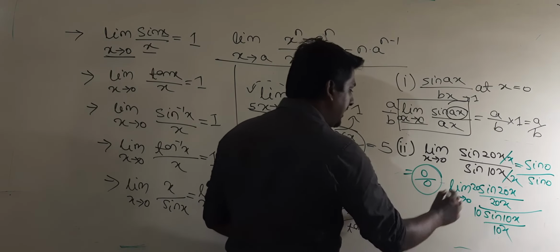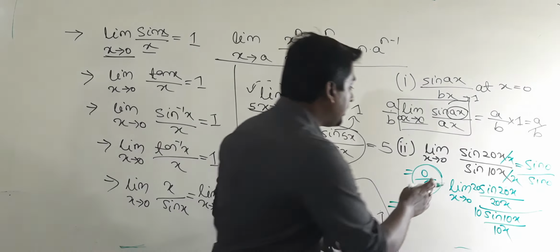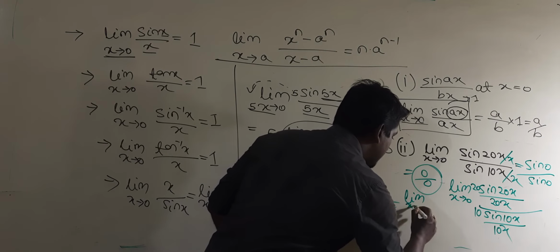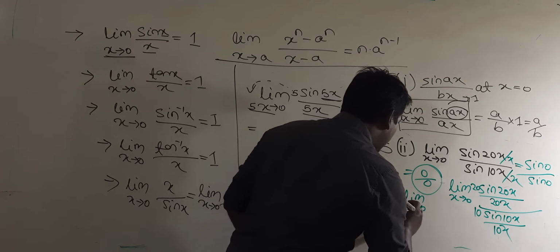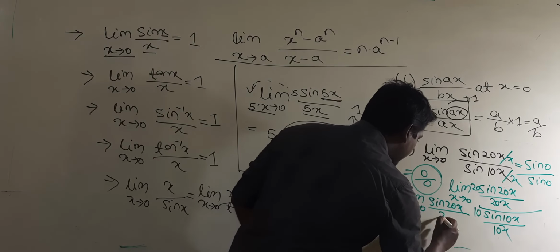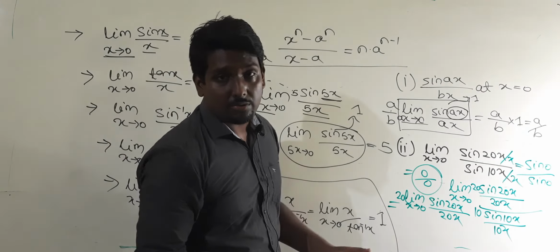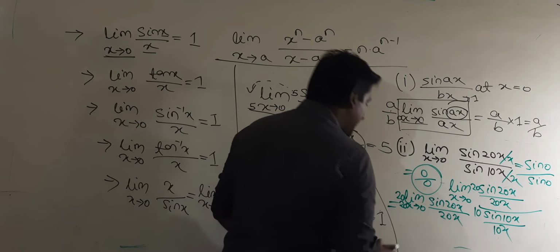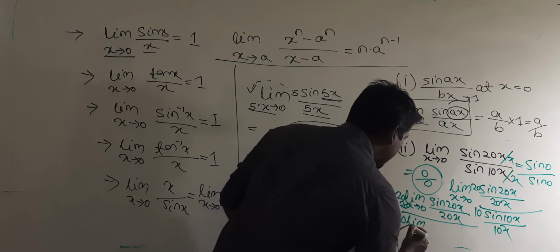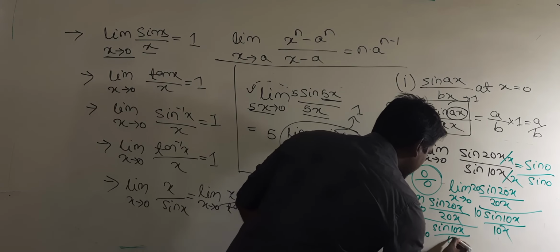Now limit has a very beautiful rule that it goes inside the house of every function. So it will go to the numerator and it will go to the denominator. So it will become limit x tends to 0 and 20 will come outside. So sin 20x by 20x, sin 20x divided by 20x. As x tends to 0, we can say 20x also tends to 0. So I am writing over here 20x tends to 0. Whole divided by 10 will come out of there, limit 10x tends to 0 sin 10x divided by 10x.